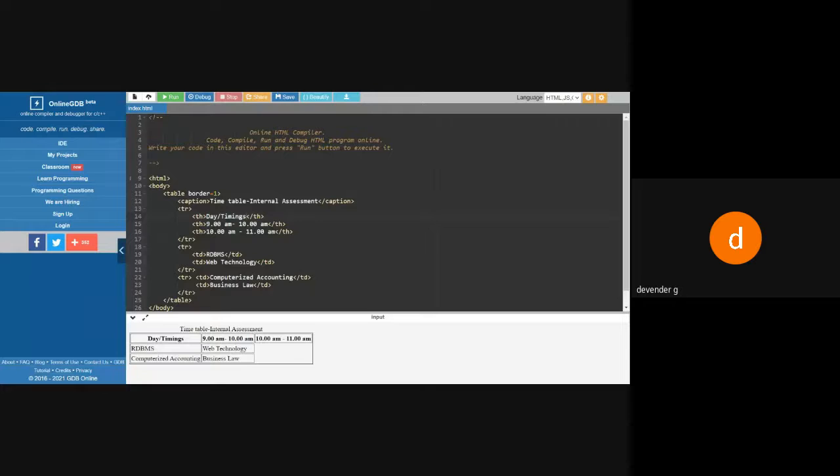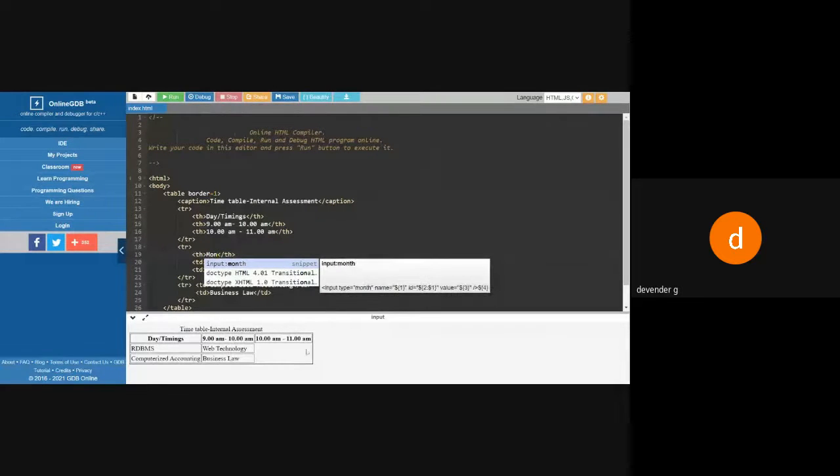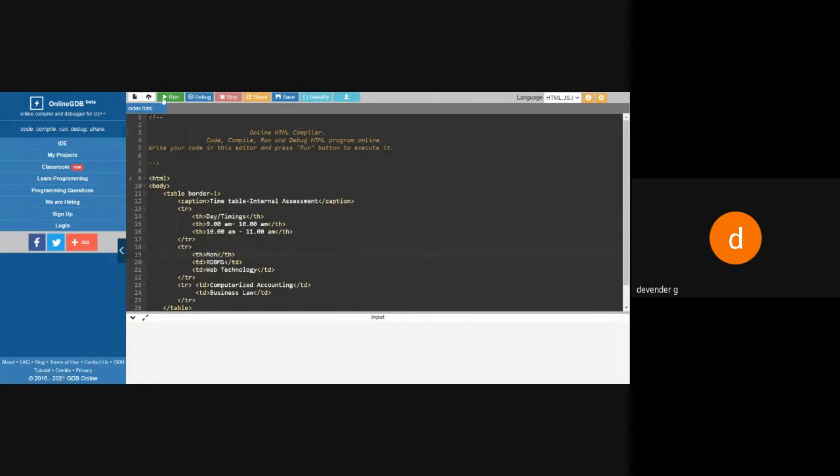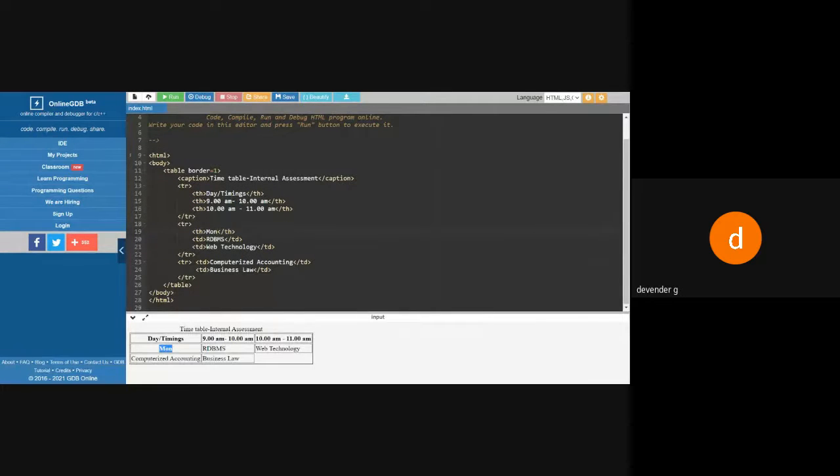Now this I have to add. Now this has become this one. Now this is empty. So either last or first you have to add. So this should move to this one. This should move to this one. So this will be filled with day. So again on the top I'll put TH, because this is also a heading I need. So I'll say TH. Then I'll say this is on Monday. And you'll see I got this as Monday. See, depending upon your requirement, I'm changing the code. So this is on Tuesday.